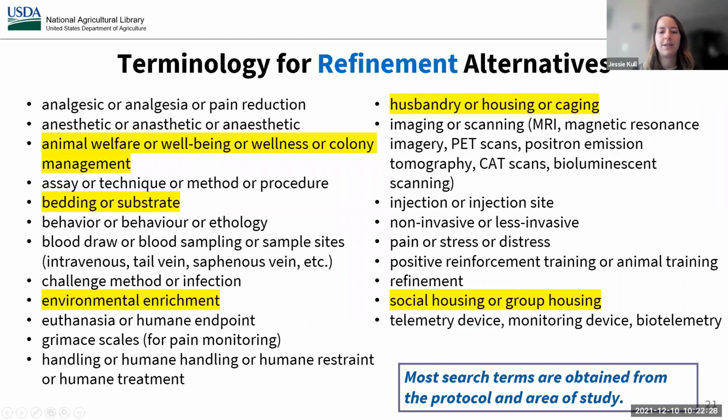And so the next few slides I'm showing you are just some 3 R's terms that we came up with that are examples of each R that you can include in your search string and likely lead to more productive results than using replacement, reduction, or refinement. So for example, this slide is showing you refinement examples or related terms, and specifically the ones I've highlighted in yellow could actually even be used as keywords in this search example that I'm going over on environmental enrichment.